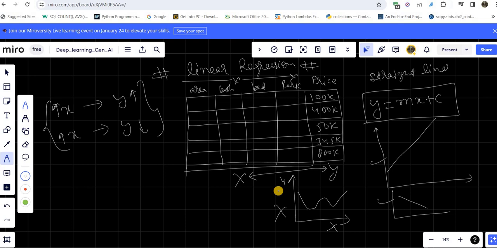This algorithm is made in such a manner that it will always try to fit a straight line. So if the data is like this, like this, like this, the error will always be high at some point. If the line goes here, or if the line goes here, the error will become high here. So there will always be a higher error. The model will not perform well.